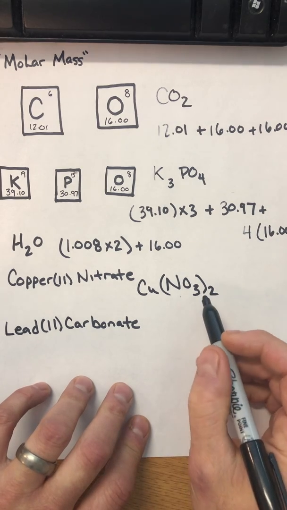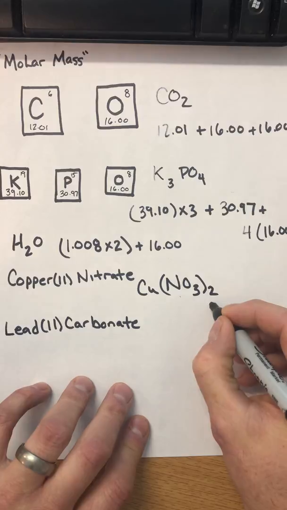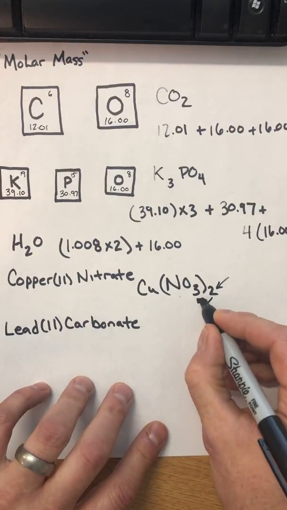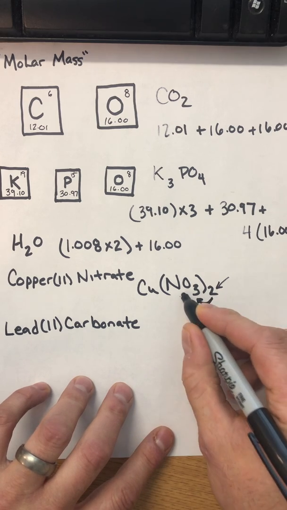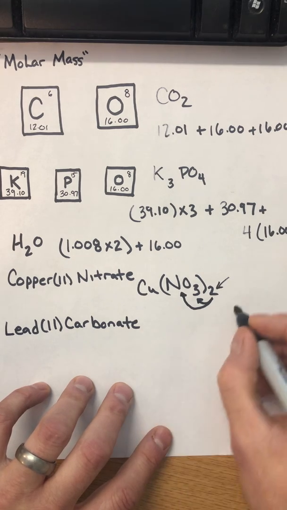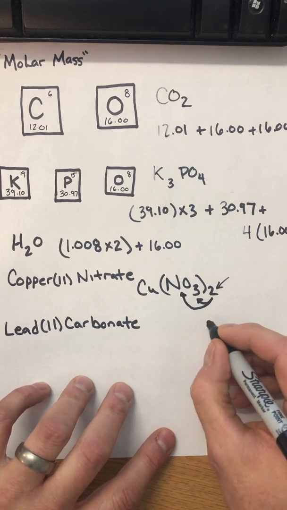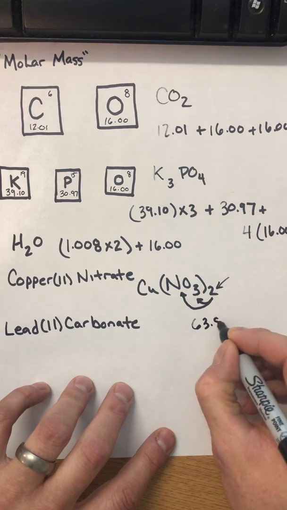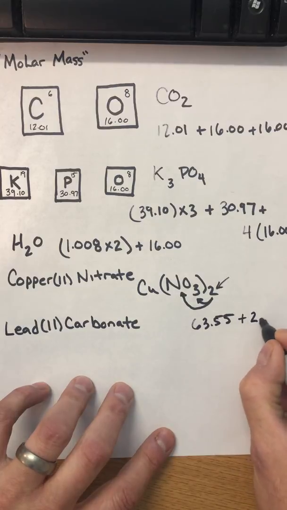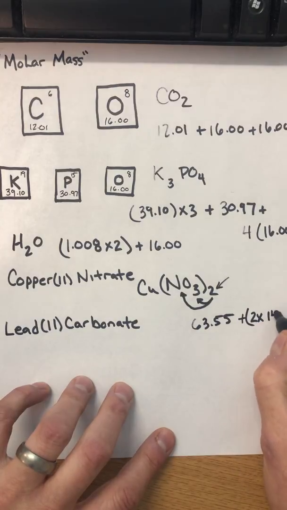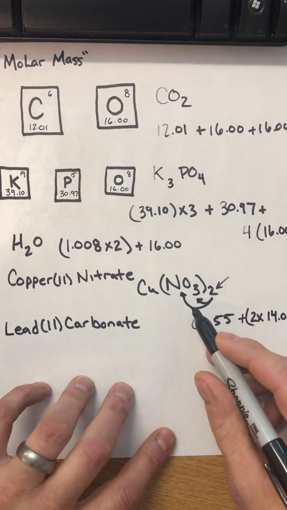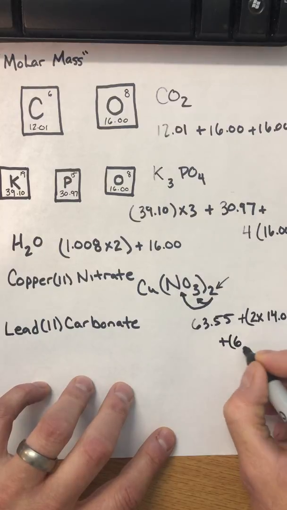Now, here is where you have to remember that if you have a subscript that's outside the parentheses, that is going to distribute by multiplication to all of the subscripts inside the parentheses, right? So here we've got a single copper to account for, so that's 63.55, and we've got 2 nitrogens. Each are 14.01, and then we've also got 2 times the 3 is 6 oxygens,